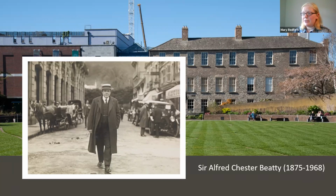And then, in what was a great surprise to many, having been collecting in the London scene for many years, knowing a lot of the curators and folk around, he decided that when he was retiring from the world of business, he would take himself and his collections over to Ireland. And he brought to Dublin this incredible collection of European, African, and Asian arts. And it was something that, as I said, surprised very many people. And this is a very big story, which I can't go into here for reasons of time, but there were various factors involved. And one of those was the post-war political situation in Britain,